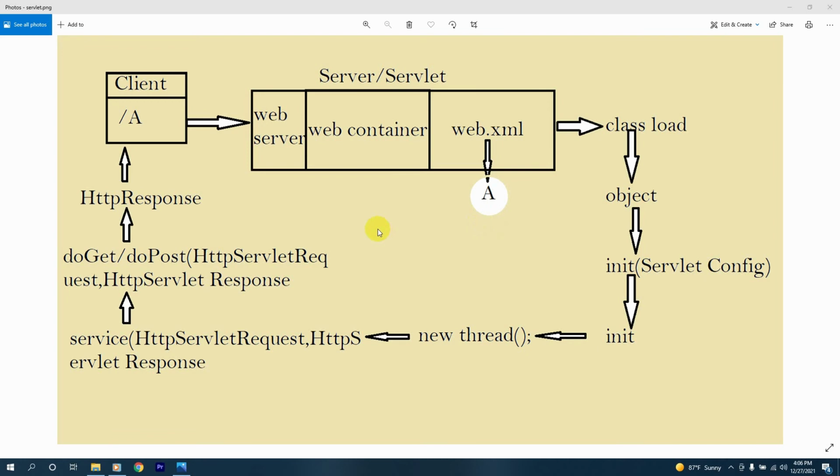A servlet is actually a class. It extends the HttpServlet class and becomes a servlet. That's how a servlet works. In the servlet lifecycle, the first thing is the client sends a request to the web server and the web container as an HTTP request, and our servlet is mapped in the web.xml file, and after that